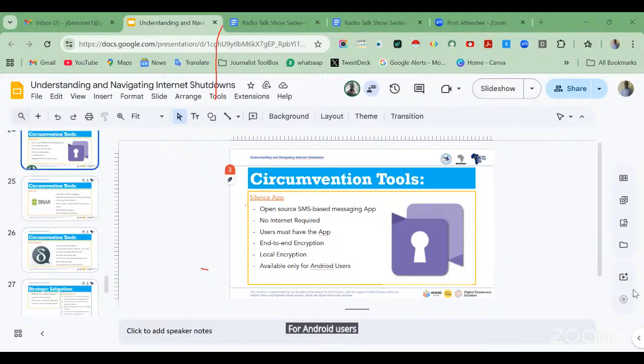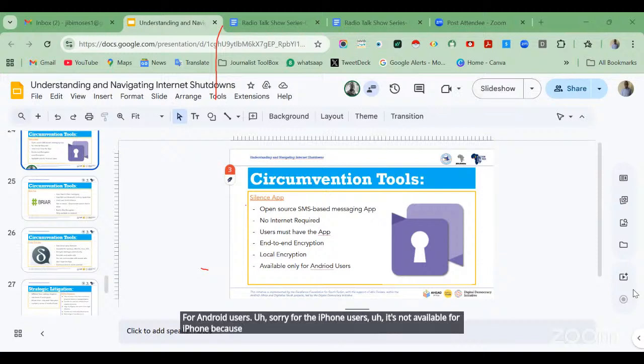Sorry for the iPhone users. It's not available for iPhone because iPhone does not allow some of these third-party apps. They like to develop their own apps, which will run on their devices. So this app is only